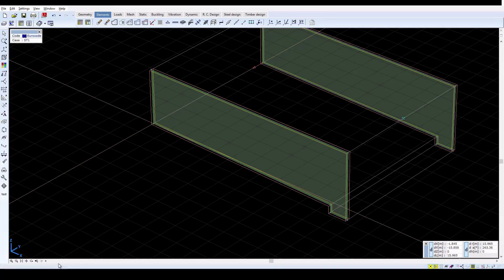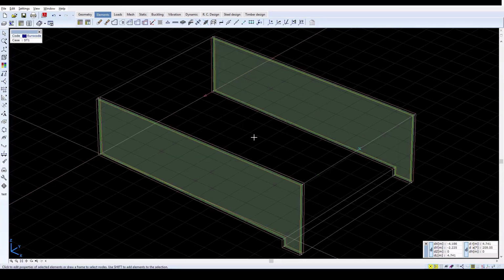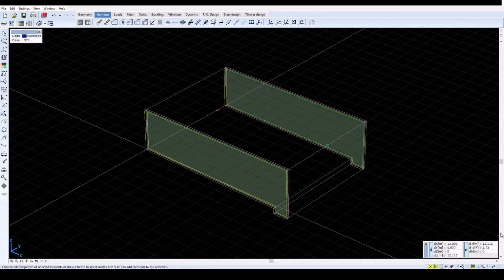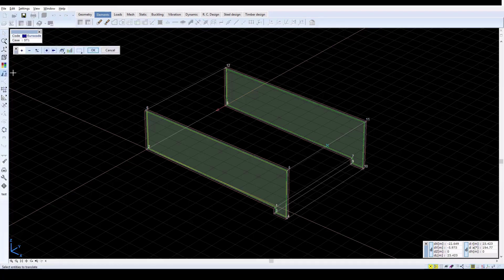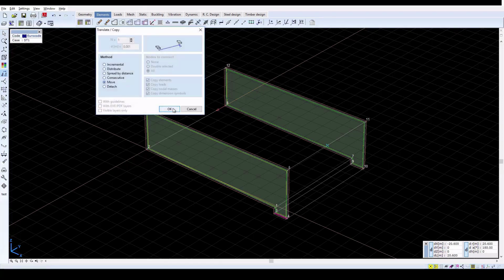Now click on Zoom to Fit for a better view. In the bottom right corner, click on the numbering icon. Then check the node box. This will display the node numbers. To specify a slope for the watercourse, move the line between nodes 3 and 4 down by 0.2 meters. Do this by translating the line downwards as shown using the Translate icon on the left.